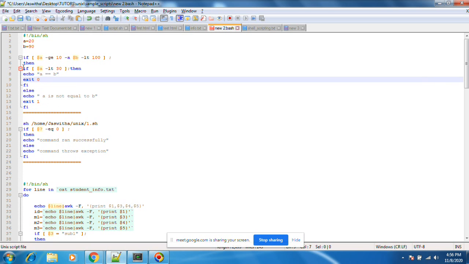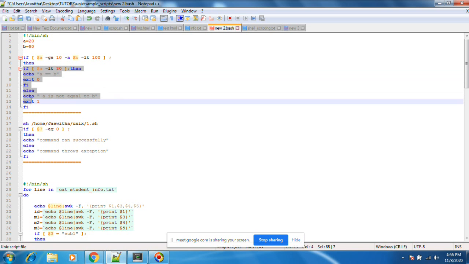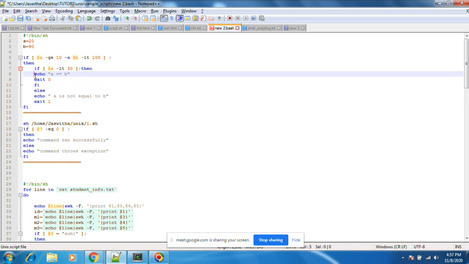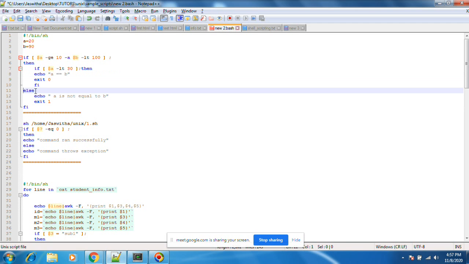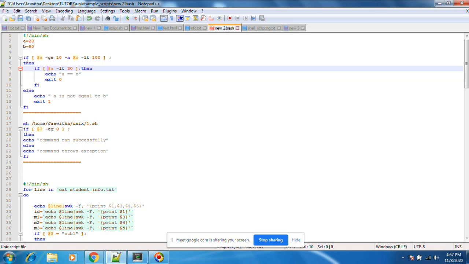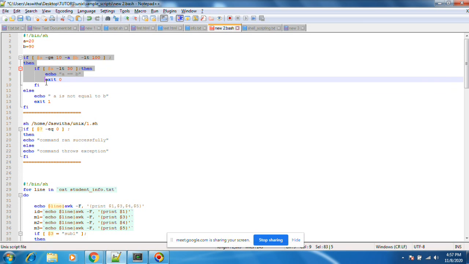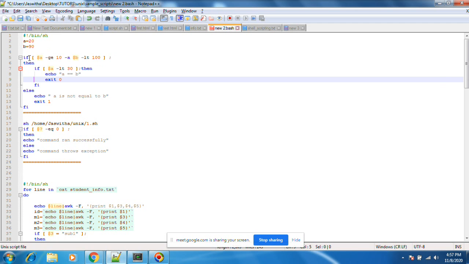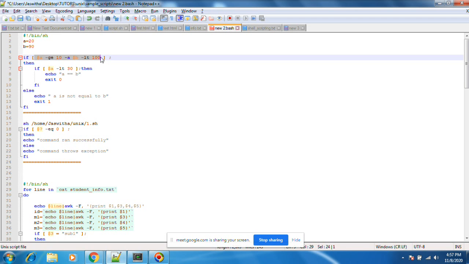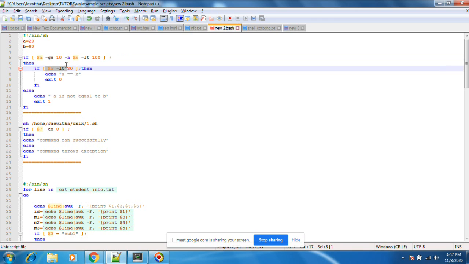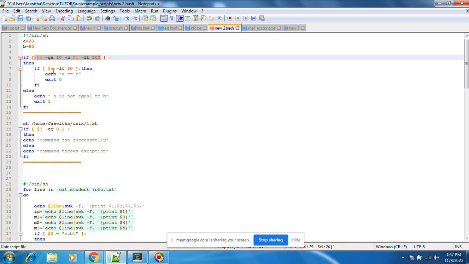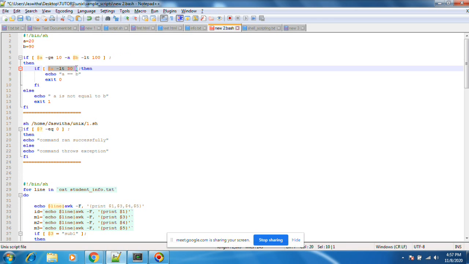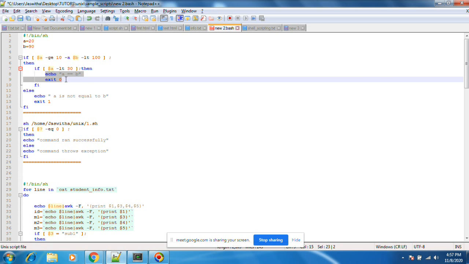This is if inside if. This is nested if. Okay, this will also work. First of all, it will check this condition. If this condition succeeds, then it will come to here. If this condition succeeds only, you will get this.